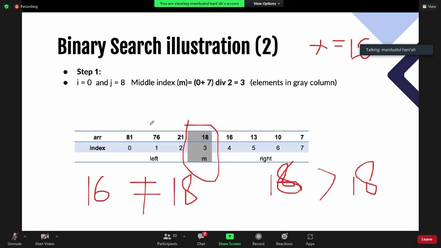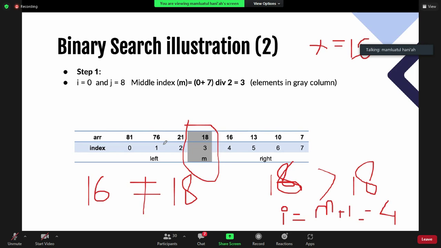So you need to change your initial position, your I position. So your I is in index 4, middle plus 1.